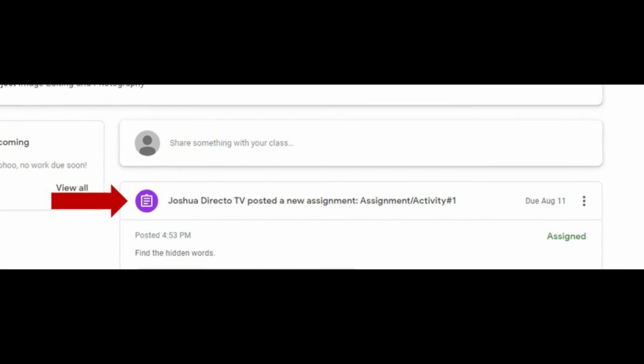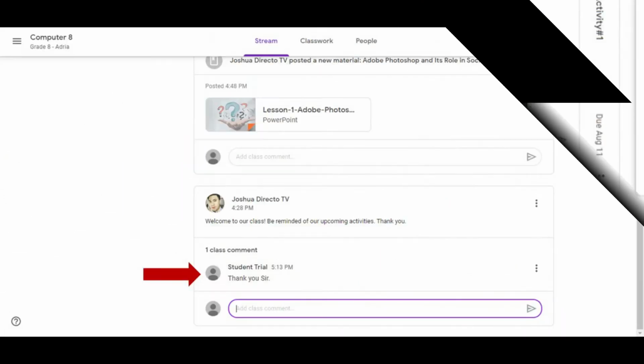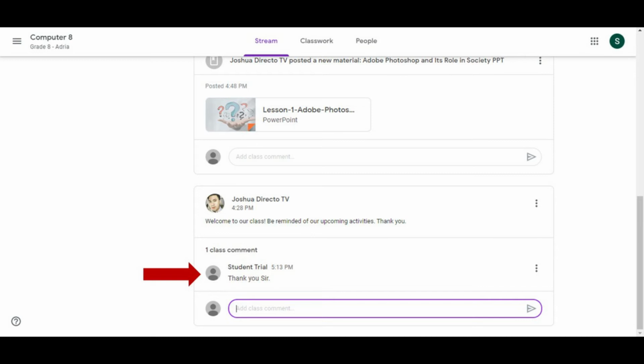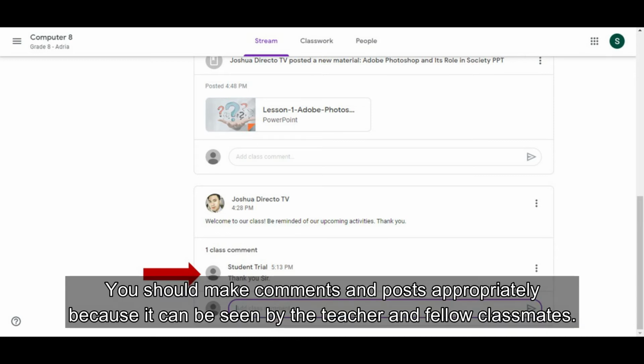Let us try to comment on the first announcement made by the teacher. There you go, we posted a comment. Just be reminded that class comments are viewable by the teacher and all students in the class, so make sure